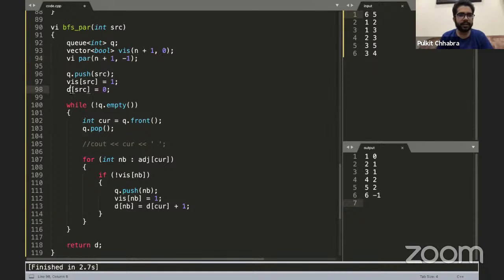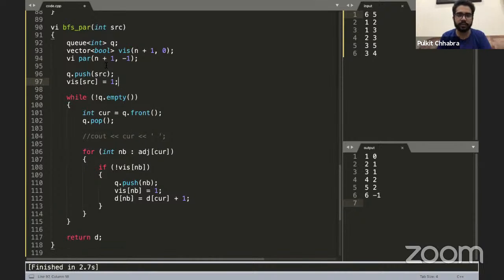All right, and let's say the parent of the source node is -1 only. It's up to us whatever value you want to give. So I'm just giving the parent of the source node as -1 because -1 is a node number that is not going to be equal to any other node, because the numbering of the nodes is 1 to n, right? So I can give the value 0 or -1 to indicate that this particular node is a source node, right?